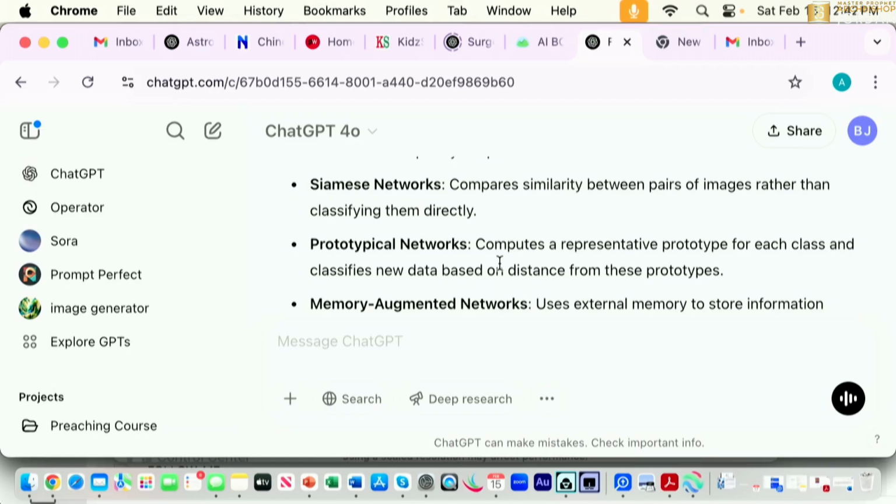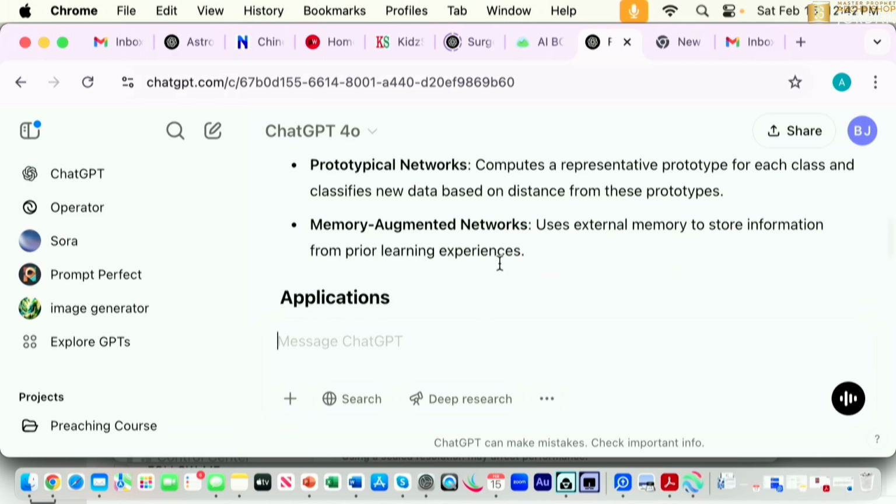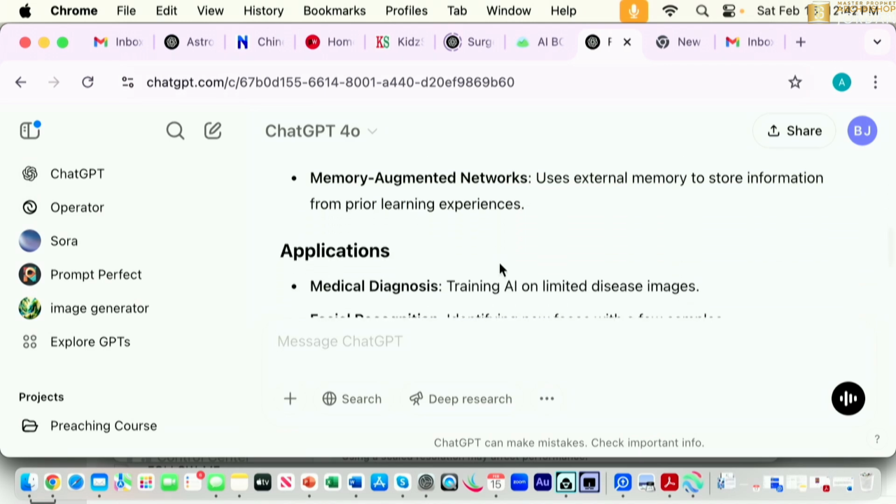Prototypical networks compute a representative prototype for each class and classify new data based on distance from these prototypes. Memory augmented networks use external memory to store information from prior learning experiences.